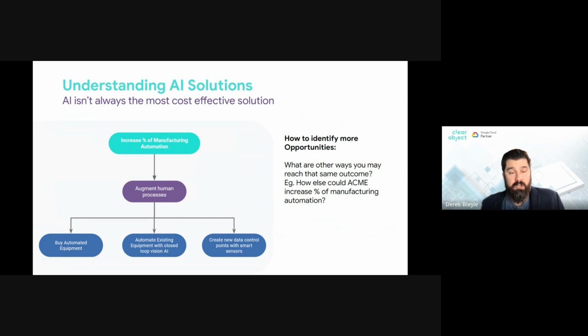One of the things you can do, you can go buy new, more automated equipment. A lot of adoption today is using your old equipment, but augmenting it with new AI capabilities, such as smart sensors, which could be vision enabled, as well as soft sensors, which is now creating sensor data from software, tying all that information together. And this is not an exhaustive list by any means of solutions that can fall within this. And this gets back to, again, our GenAI, generative AI now allowing your humans in the loop to be able to ask questions of your manufacturing information in more structured ways.